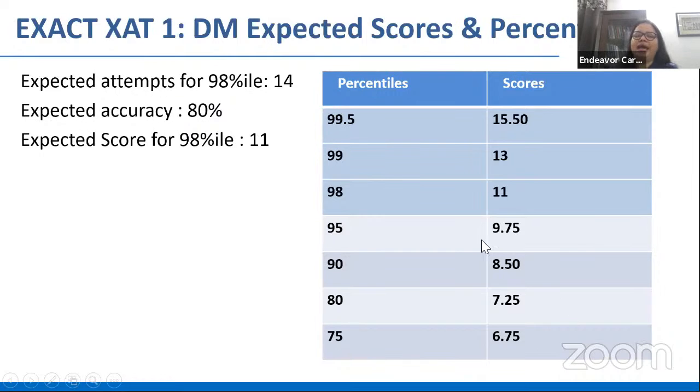Far lower than the scores that were indicated in the previous mock, much lower. The 98 percentile in the last mock was 12 point something, 12.75. So we're looking at a drastic reduction in the number of attempts too. We're looking at at least 3, 4 questions fewer, all right? So this is where you stand.